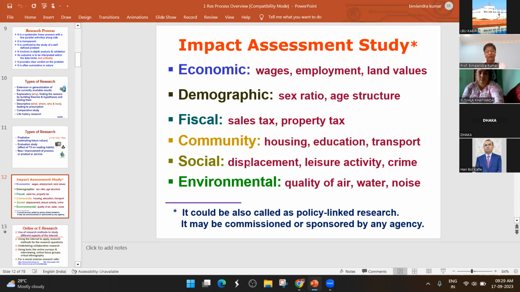Whenever the researches are mainly about housing, education, and transport. This is also related with all governments, and any state government or government of any country can take it up: how the housing status of the people can be developed, how houses can be given to the lower strata of the people, how the standard of education can be improved, how in the city and the villages they can get